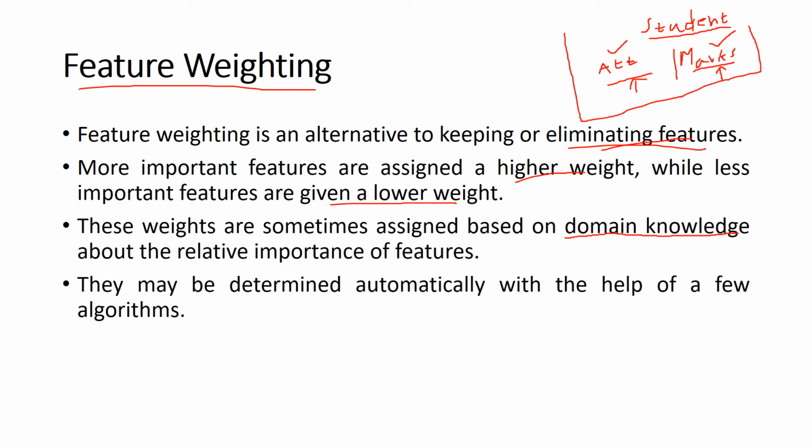So in case of data sets which have huge features, domain experts are going to be very helpful in doing this. In case domain experts are not available, there are cases where experts cannot be used, then there is a possibility for automatically determining the weights. And this is possible with the help of a few algorithms which are used for determining the weights that are going to be assigned to features. And this is the way in which feature weighing can also be one of the approaches for feature subset selection. So this is what is about feature subset selection.